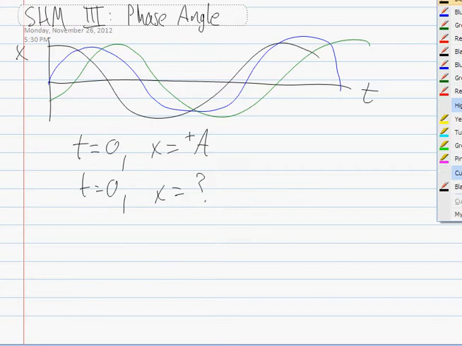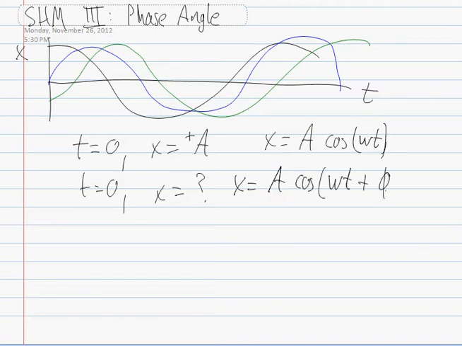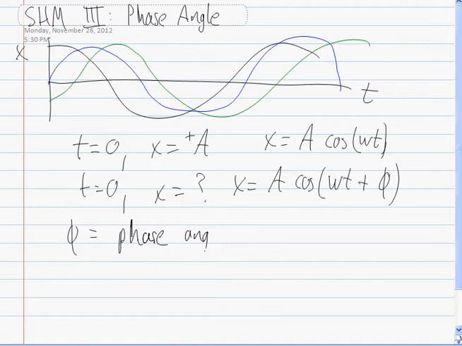Well, the way that we can deal with it is by, and remember that for this we had that x equals a cosine omega t as the function that describes it. Well, for this part, we're going to actually have to add an extra term. So basically, x equals a cosine omega t plus phi. Phi is the phase angle. It's basically an angle that represents